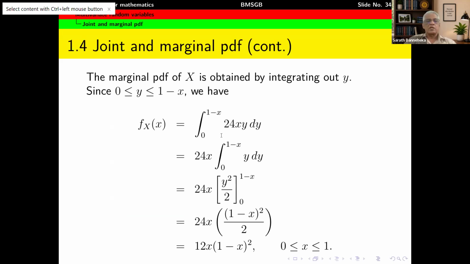Integrating with respect to y, but the limits of integration are from 0 to 1 minus x, right? So then this is the calculation. And when you are integrating with respect to y, this 24 times x can be considered as a constant. You can take it out. So you have to integrate this y only. So therefore, y square over 2, and then the limits have to be from 0 to 1 minus x. Finally, this is the answer you get. Right, so therefore, the marginal density function of capital X evaluated at simple x is given by this expression,